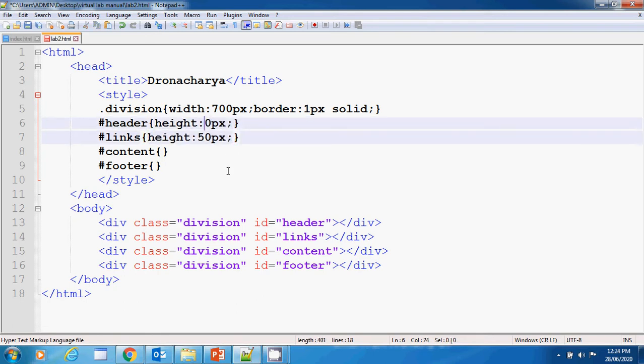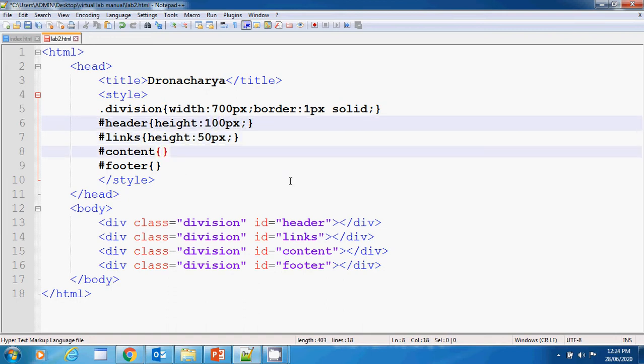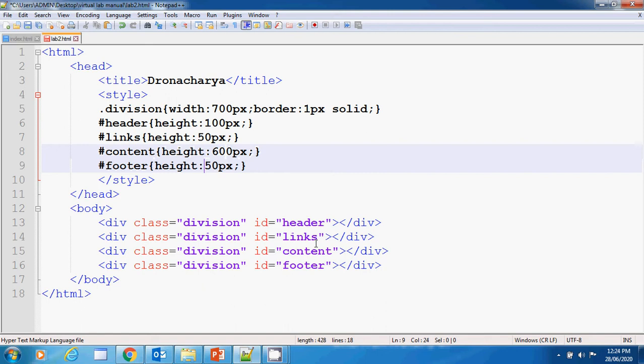I'm changing the header height to 100. For links it is 50, and for the content section I need around 600 px, because that is the major portion. For the footer section I'm taking a height of 200 px, right.